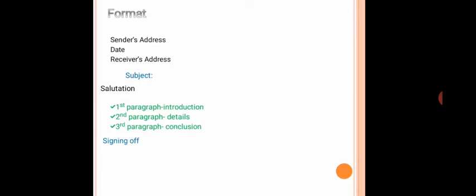Finally, we sign off. Yours sincerely followed by the name is the way of signing off. Name is written and below it designation is mentioned in brackets if the designation has been mentioned in the question. Otherwise, there is no need to mention the designation. The name again is given in the question and the same name is to be used. If the name is not given in the question, then ABC can be used or XYZ can be used as